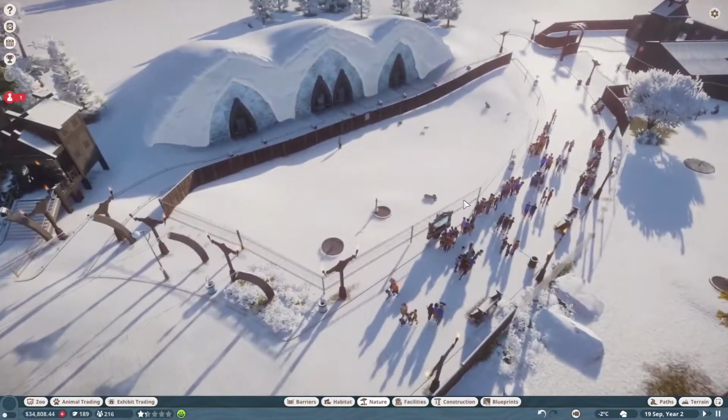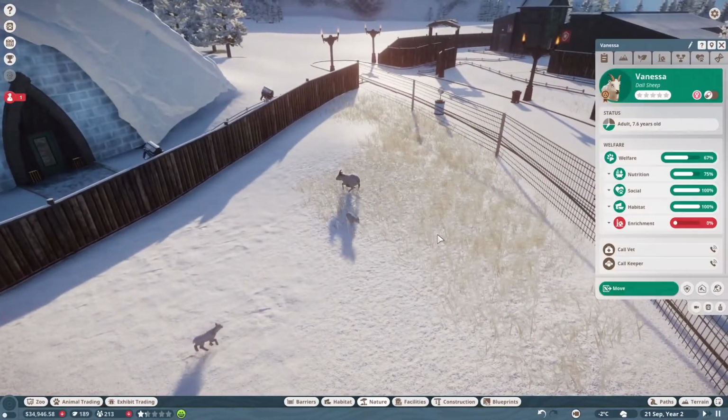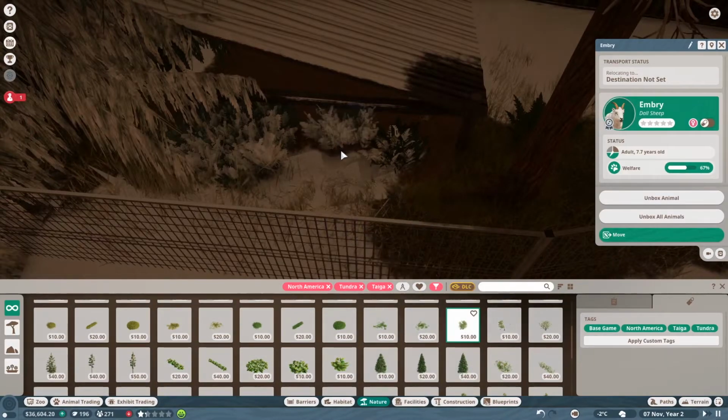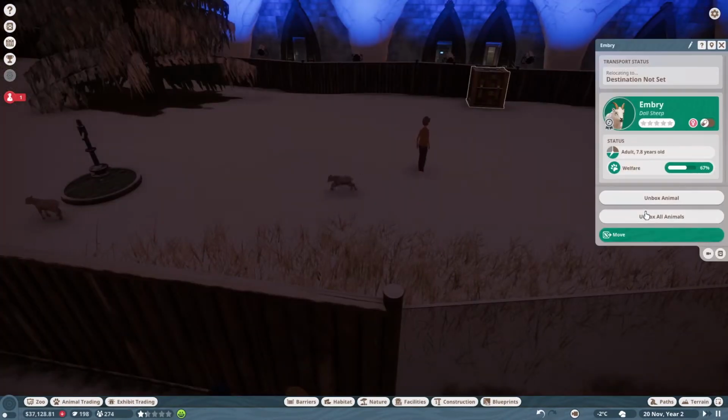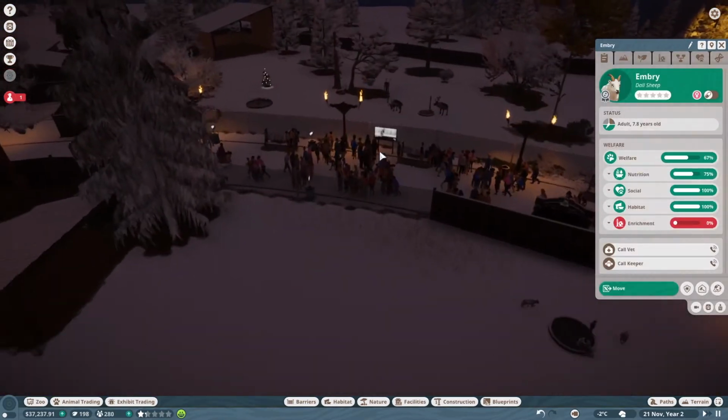Okay, what I do want to do now, though, is take care of our dall sheep. They have been completely neglected. Even little sheepies deserve some privacy. All is good. We'll unbox all the animals. Sometimes they do get boxed in when you're trying to rearrange your...